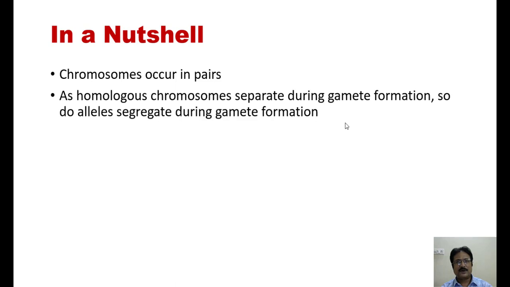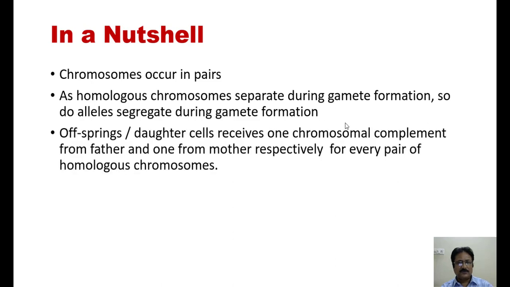The chromosomes occur in pairs, like the factors. They were also in pairs. As homologous chromosomes separate during gamete formation, so do the alleles segregate during gamete formation. I think there is no doubt about this right now. Offspring of the daughter cells receive one chromosomal complement from father and one from the mother respectively for every pair